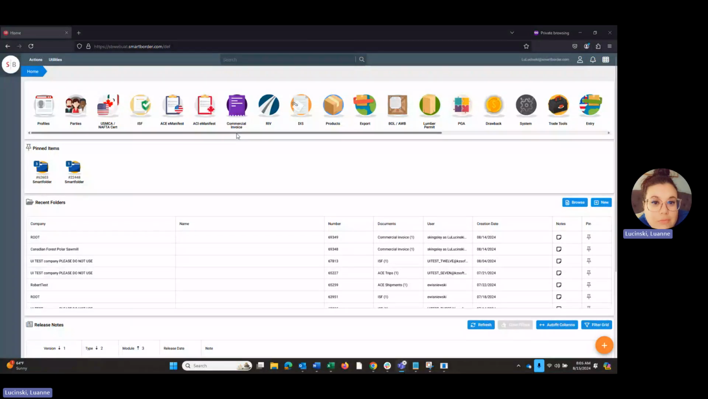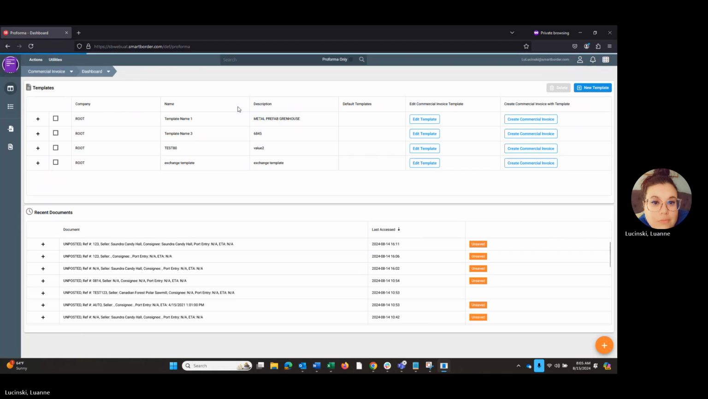In this video, we'll go over the SmartBorder Web Proforma Invoice module, also known as Commercial Invoice, this purple module here. This will be your main Proforma dashboard. You'll have access to any stored templates at the top here and any recent documents at the center of the